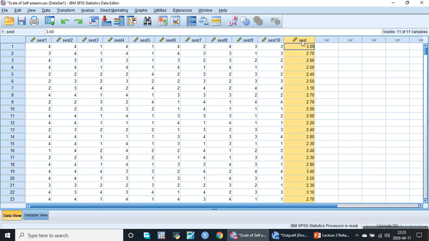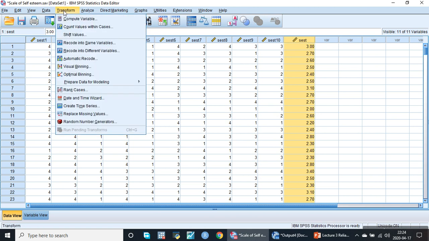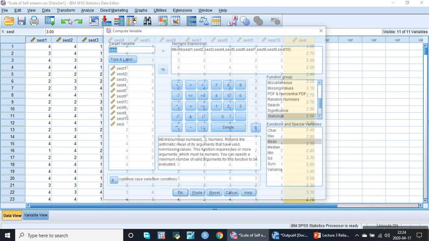And this is at the end of the scale, at the end of question 10, after it, the self-esteem, these are the mean value. Now we will correct the 5 questions: question 3, question 5, question 7, 9 and 10. How will we correct it? Go to transform and compute variable,